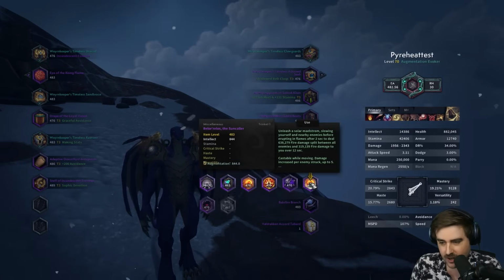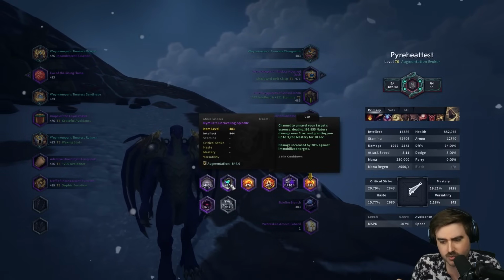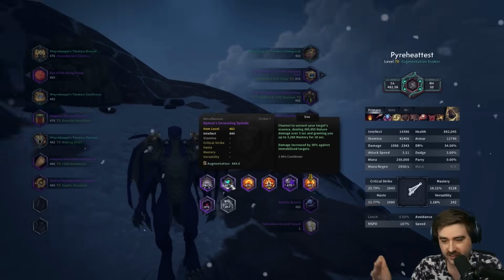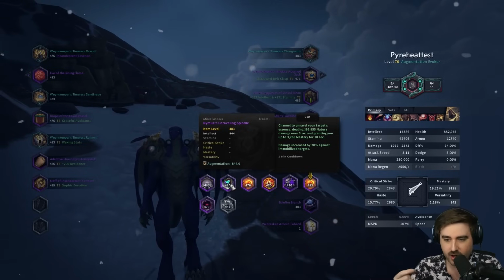Because there's a lot of different combinations you could end up using. So if I was using Branch and Spindle, I would probably on the pull use my Branch with Breath, and then I would use my Spindle afterwards, and then I would try to use my Balefire Branch on cooldown, offset from my Spindle,